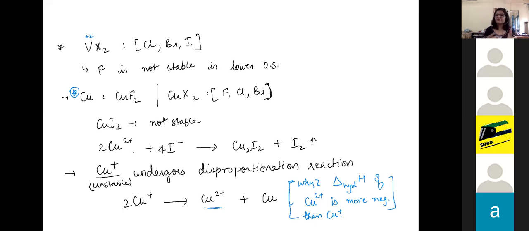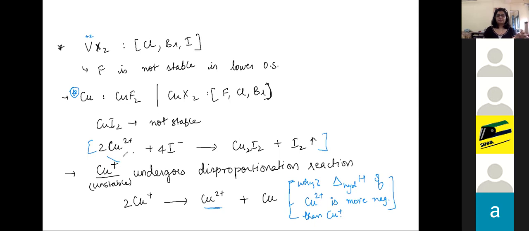The reason for that is again that iodine has an extremely large size. There are a lot of other factors to it. So whenever you even try to prepare CuI2, it is not stable. The copper ion is going to get reduced to Cu+, and it's going to oxidize iodide to iodine gas. So this is the reaction that's going to take place if you have Cu2+ and I- ions in a solution: it's not going to form CuI2. Instead, you get Cu2I2 and iodine gas is going to be released.